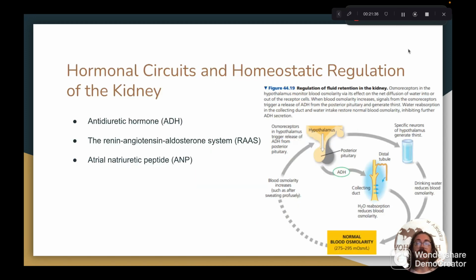Finally, we can talk about some hormonal circuits and the homeostatic regulation of the kidney. First, we'll talk about antidiuretic hormone, or ADH. Vasopressin, or ADH, is a hormone present in the kidney that responds to high blood osmolarity and results in the formation of extra aquaporin channels, thus increasing the amount of water reclaimed from filtrate. Next, we have the